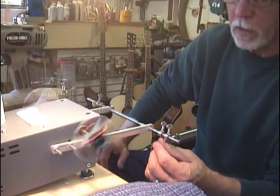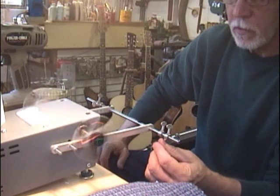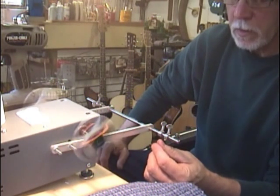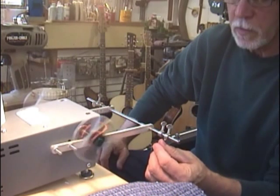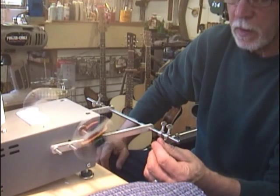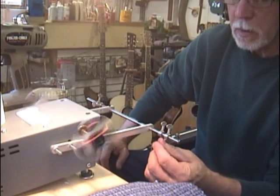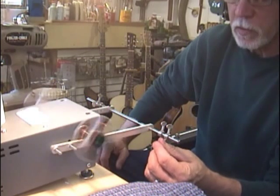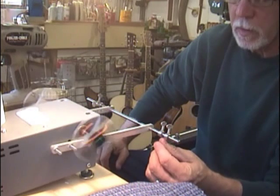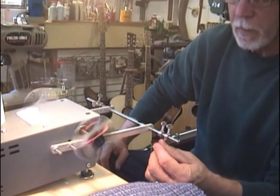The good news is that it goes fairly easily and smoothly unless I pull too tight or I get a snag, or coming off the spool I do something silly and the wire does break. That's certainly not fun, but it's certainly repairable. So wherever the wire is broken, you can tie some knots, or twist it together and resolder it. It solders together very easily, very nicely, and now